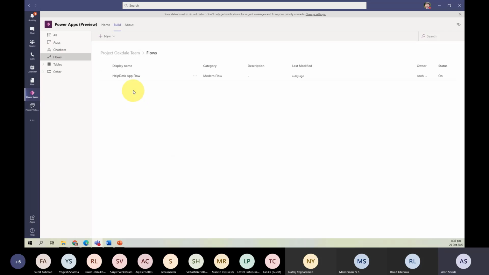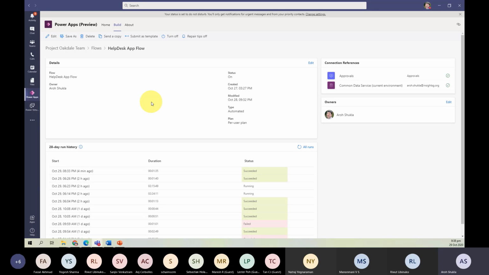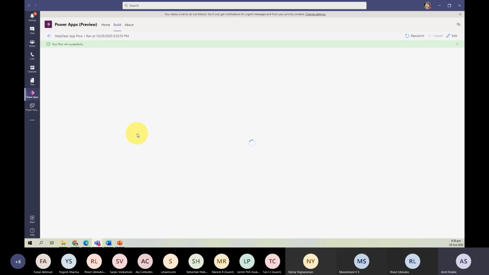I also created a very, very simple flow. Let me show you how I did it. Similar thing: I showed you the Power Apps, I showed you the Power Virtual Agents, and I have done very similar things in the context of Microsoft Teams. So I click on here, and if you see my status, what I have defined, I have actually defined the status.